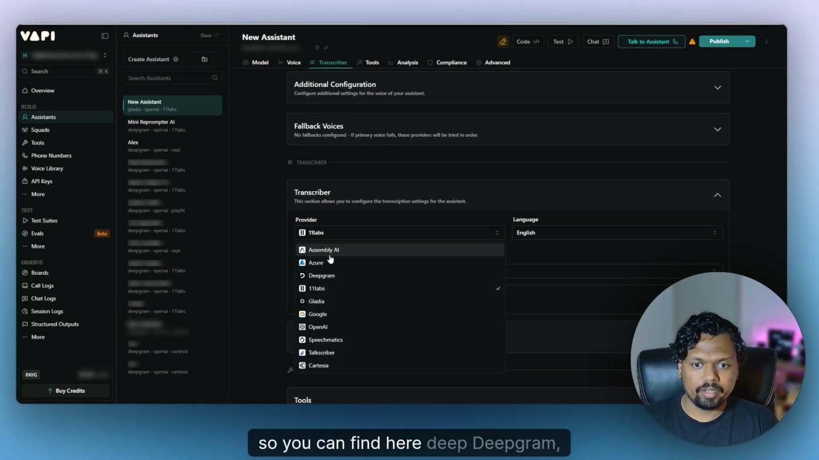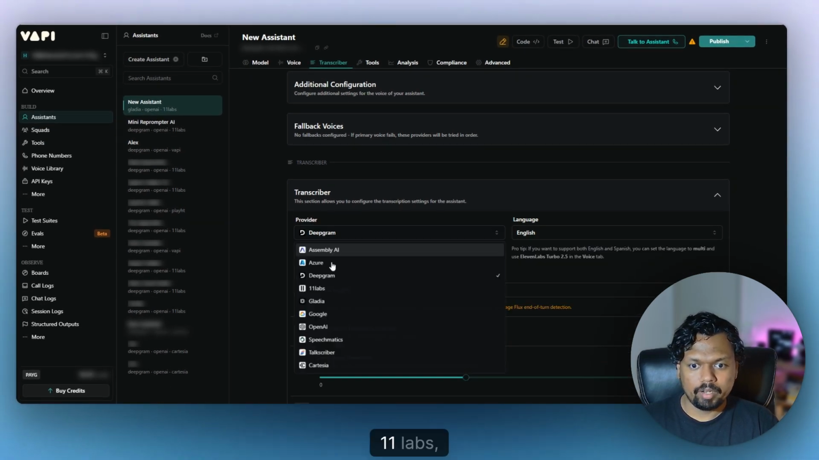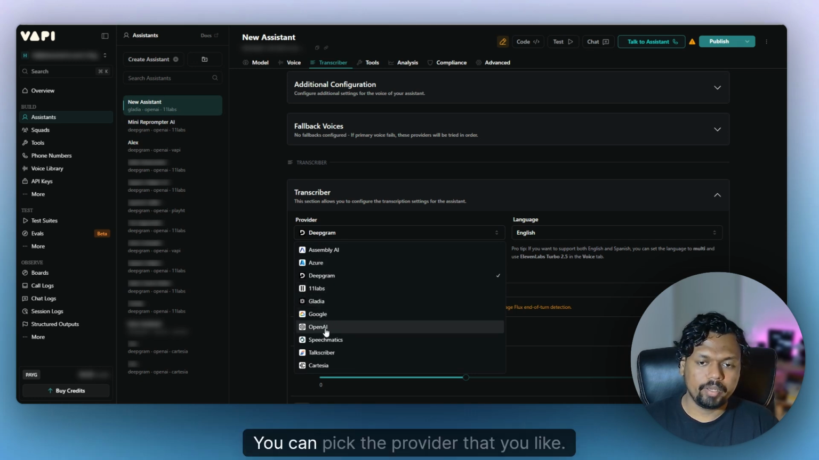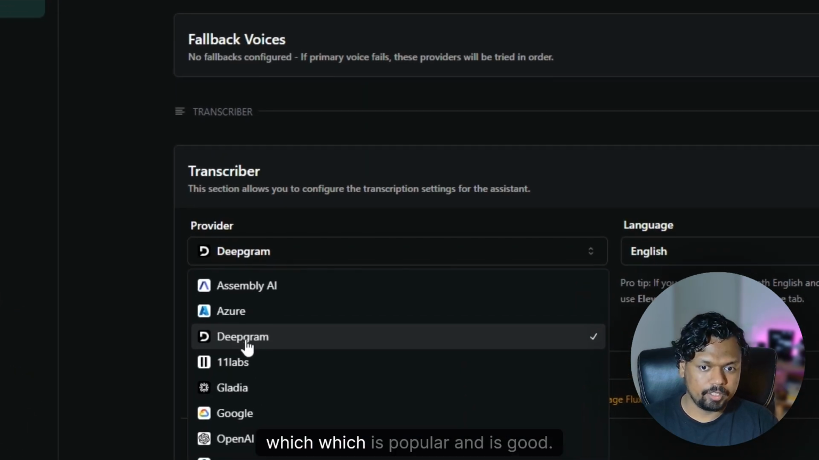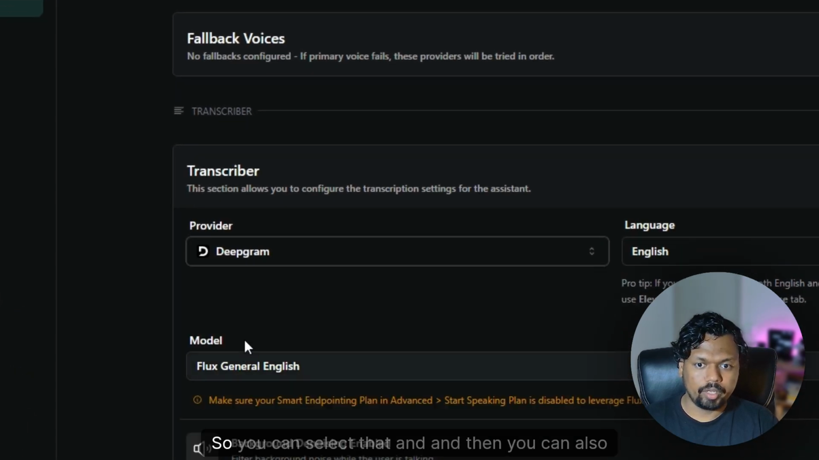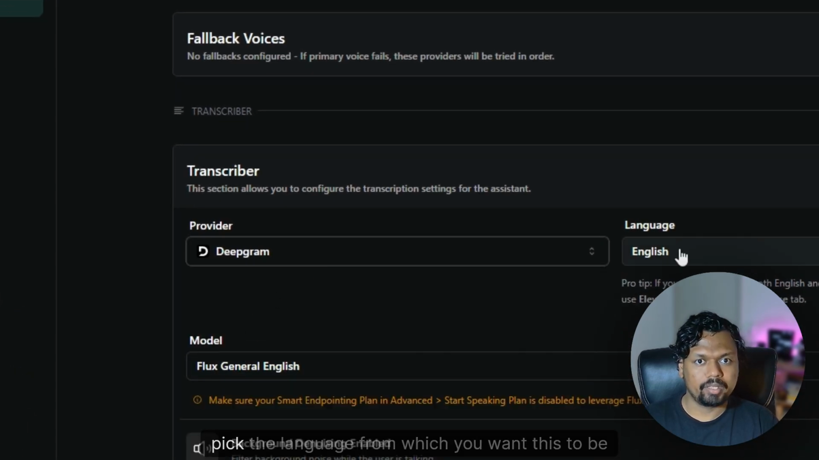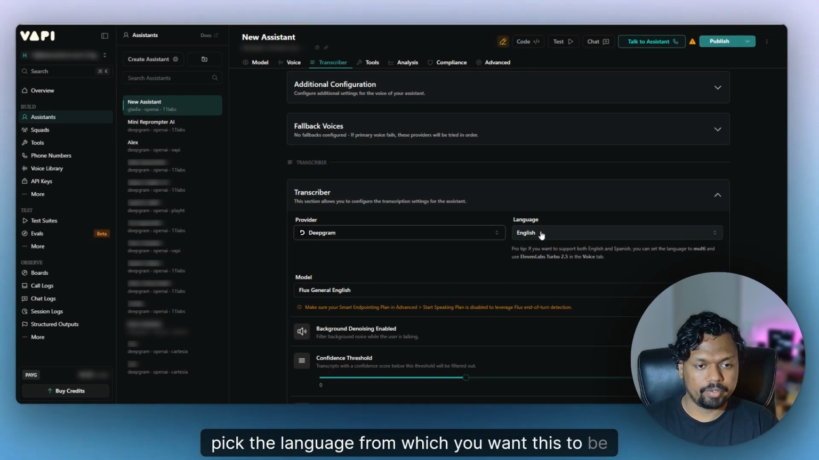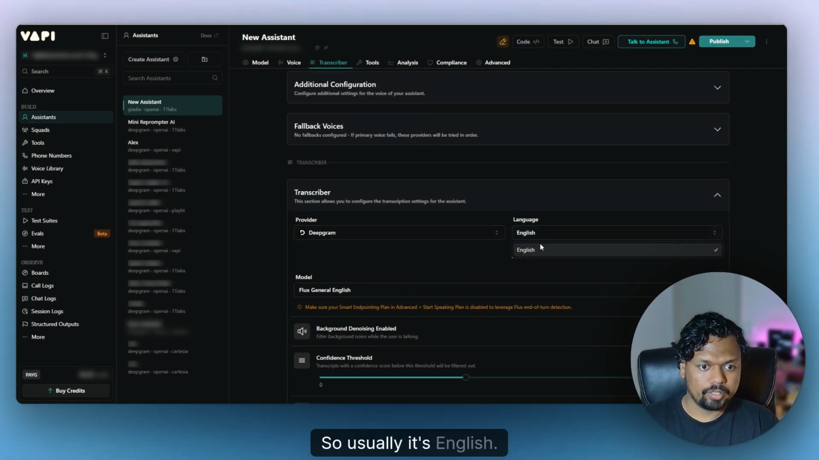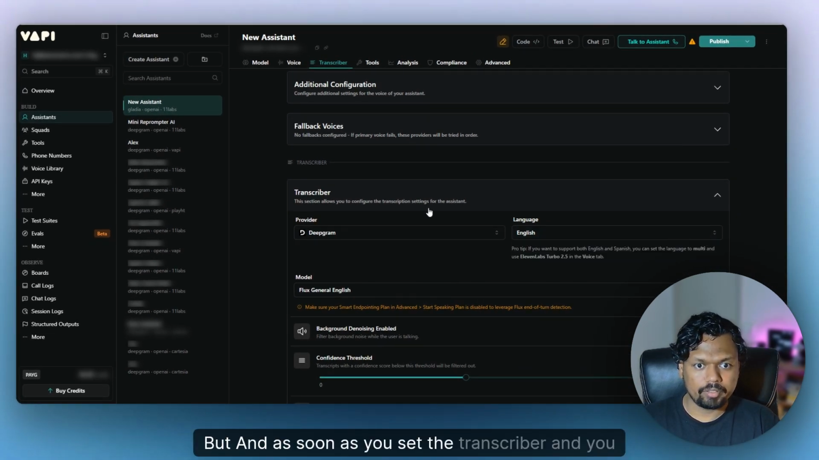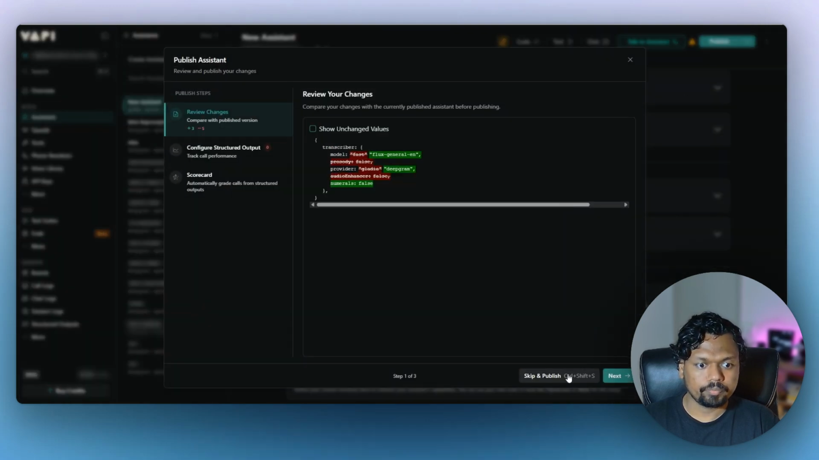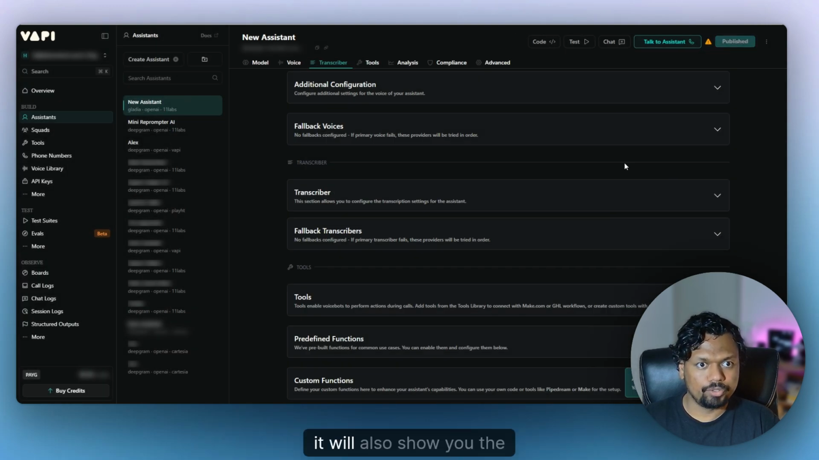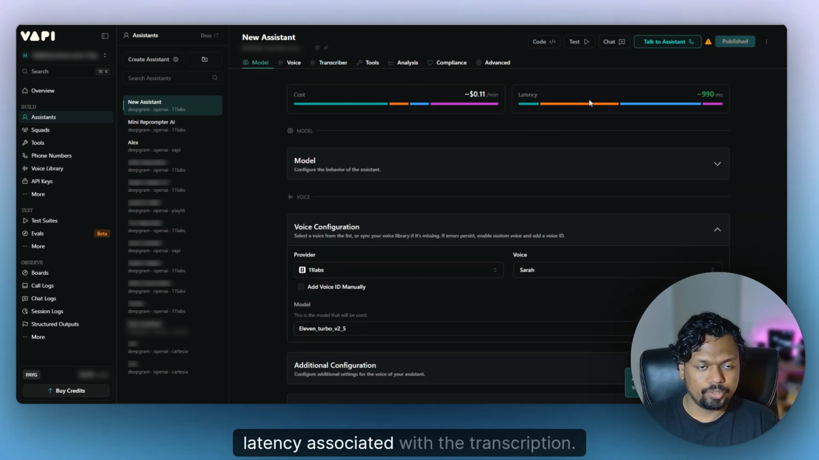So you can find here Deepgram, ElevenLabs, Google, OpenAI, and so many providers. You can pick the provider that you like. Most of the time people pick Deepgram, which is popular and it is good. So you can select that. And then you can also pick the language from which you want this to be transcribed. So usually it's English. And as soon as you set the transcriber and you click publish, it will also show you the latency associated with